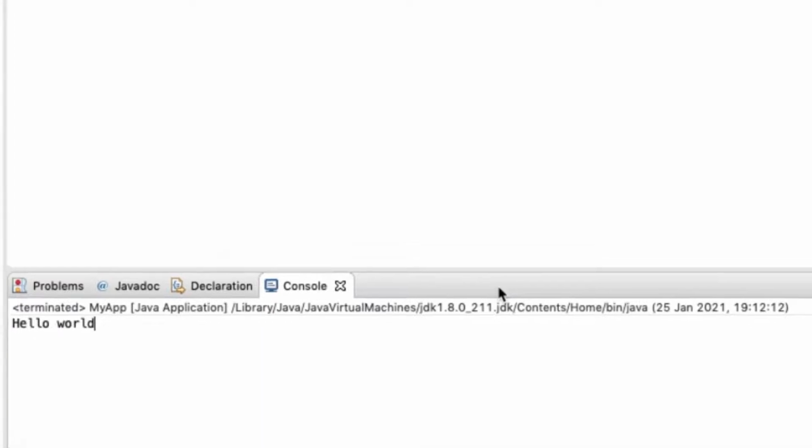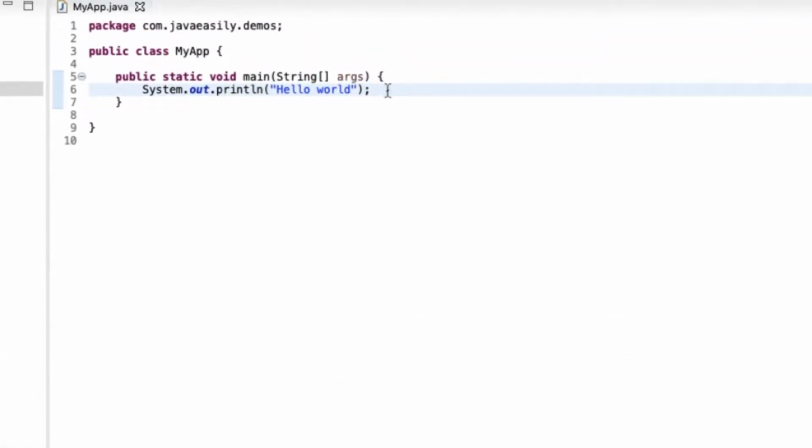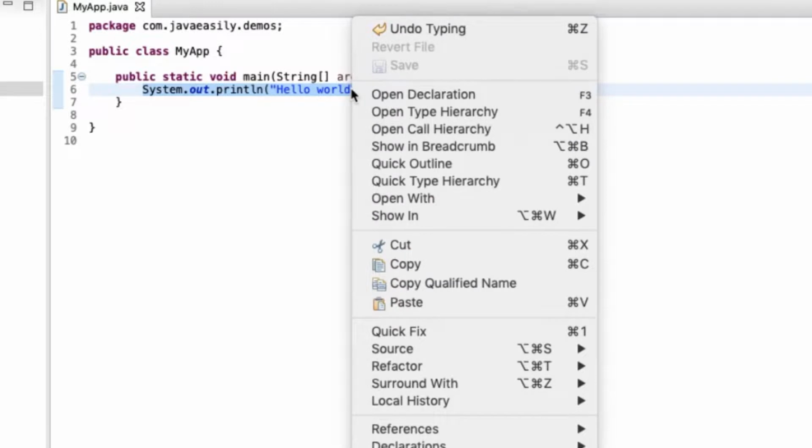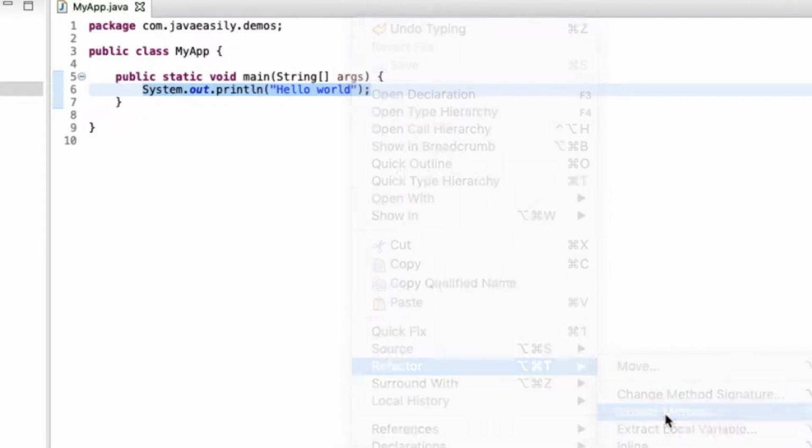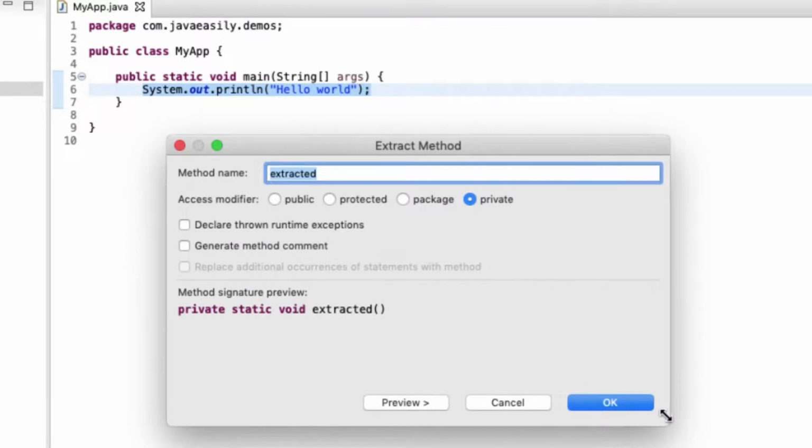And so we'll just see now how a method works, for example. So I can actually take this piece of code here. I can actually do a special advanced procedure, which I'll give you a sneak peek into, called refactoring. So if I just right click here, and I go down to this menu here, refactor, I can use this one here called extract method. If I click this, what this is actually going to do is take this statement out, for printing hello world, and push it into its own method and replace it with a call to that method. So this is a great way how we can, first of all, reinforce our understanding of how methods are declared, but also see how they're invoked as well,